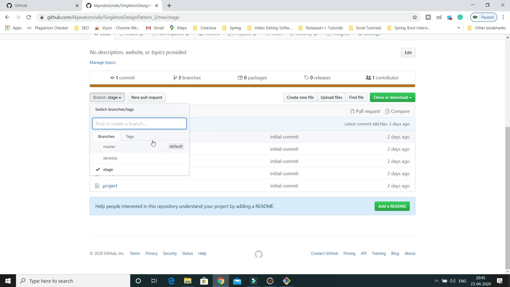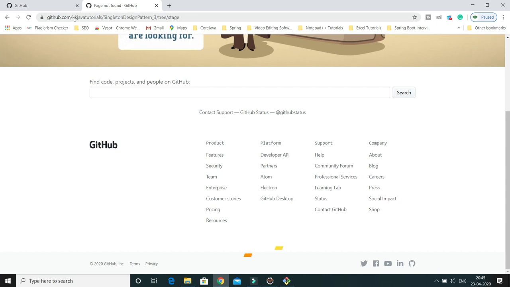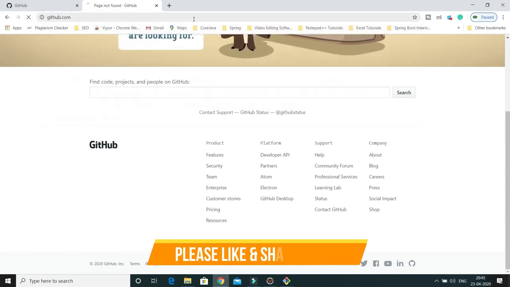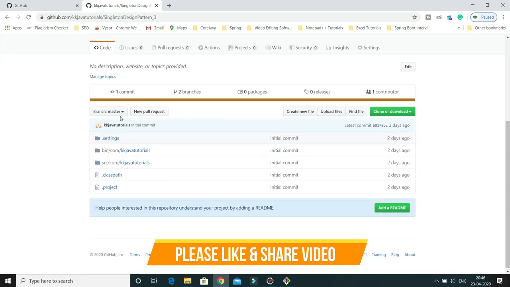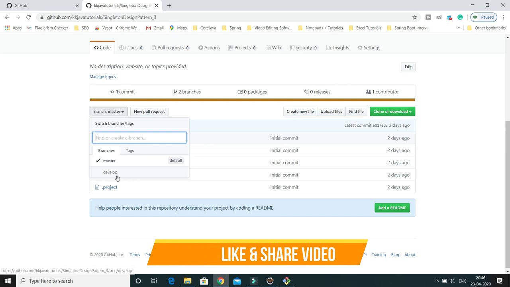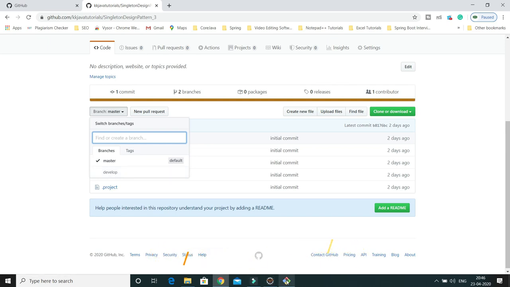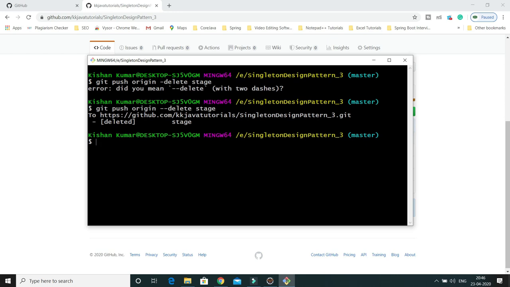If I go over here, the stage branch you could see. Let's refresh this one. There is some error because my repository was pointing to the staging branch, and that I have deleted. Now let's see here, this branch is not available anymore. So the staging branch we have deleted, right? So that's the way to delete a branch which is available on your git repo, right? That's all I have in this video tutorial. You have learned how to list out all the branches available in your repository, and you learned different ways to delete a branch from your local as well as remote repository.